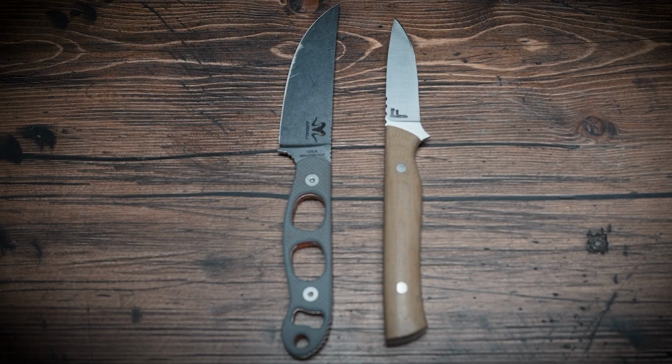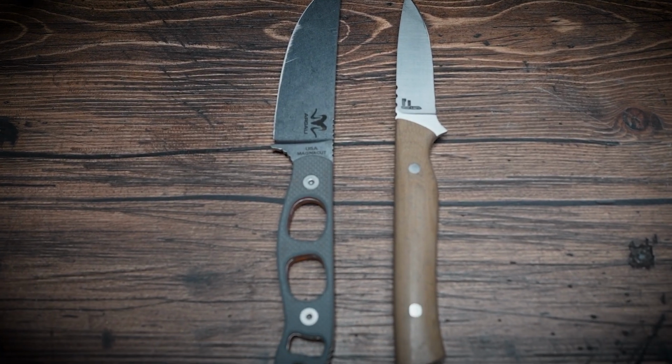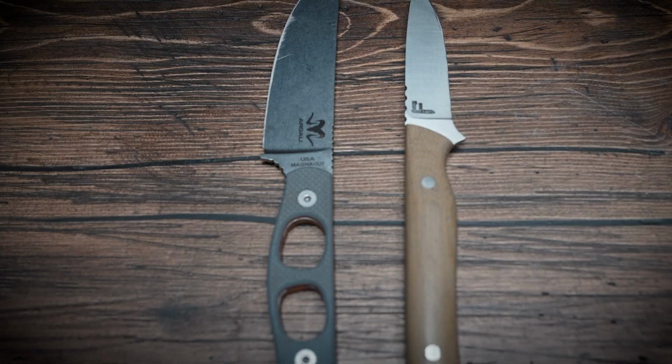All right, ladies and gentlemen, today we are going to compare two processing knives for hunting big game. The Frontiersmen Vulpes and the Argali Sawtooth. Both fantastic options. I'm going to dig into what I like, what I don't like, and which one might be